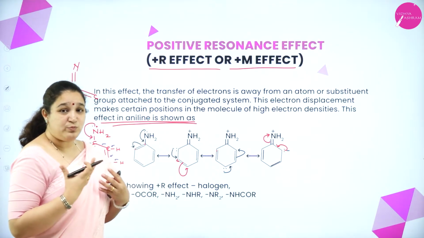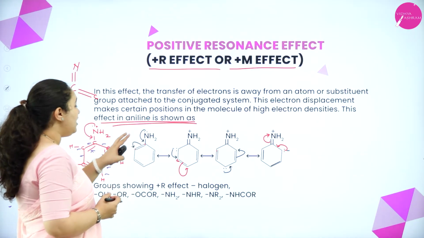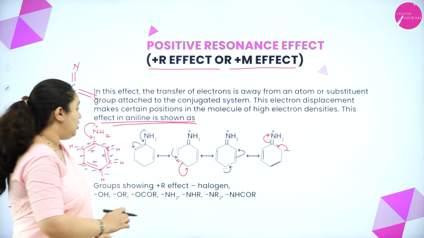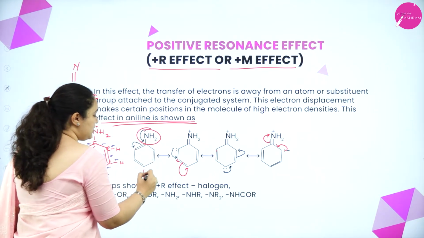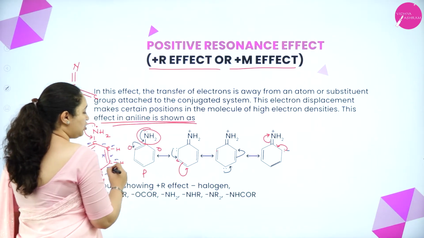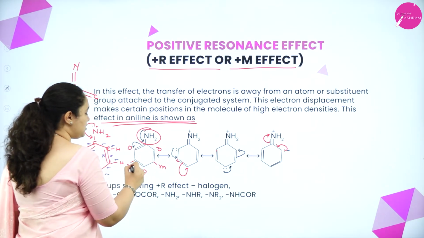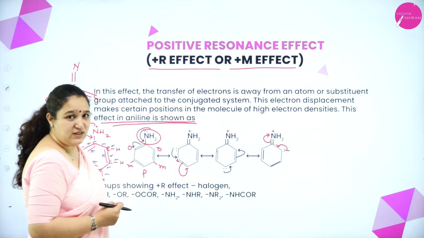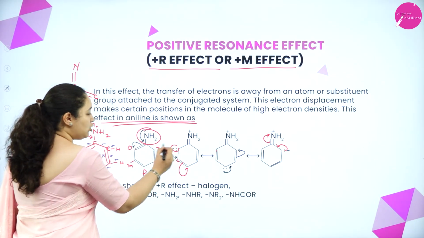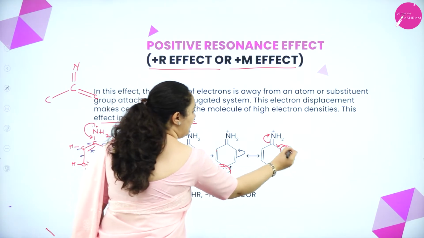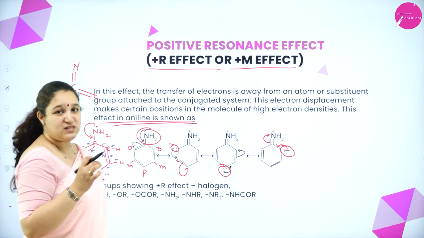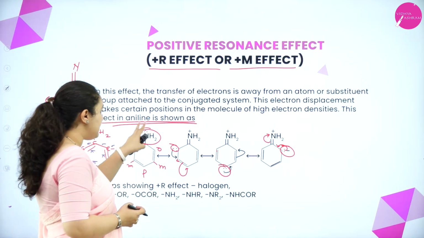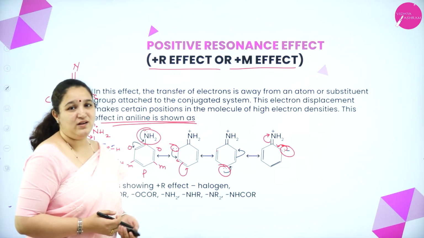So, now what more you have to know is, when the negative charges came on the benzene ring, which are the positions it came? Now, this is the substituent. So, the opposite position is para position, the neighboring position is ortho position, and the remaining position is meta position. I had already explained this while explaining the nomenclature, isn't it? Now, the negative charge came to ortho position, para position and one more ortho position on the benzene ring. Correct, no? And here the electrons are moving away from the substituent. So, it is plus R effect.